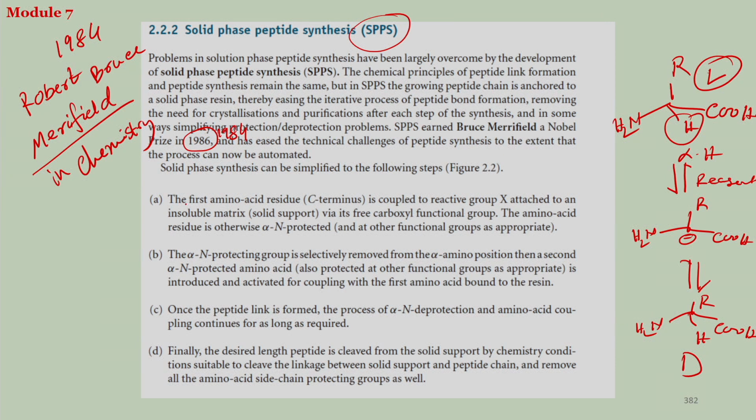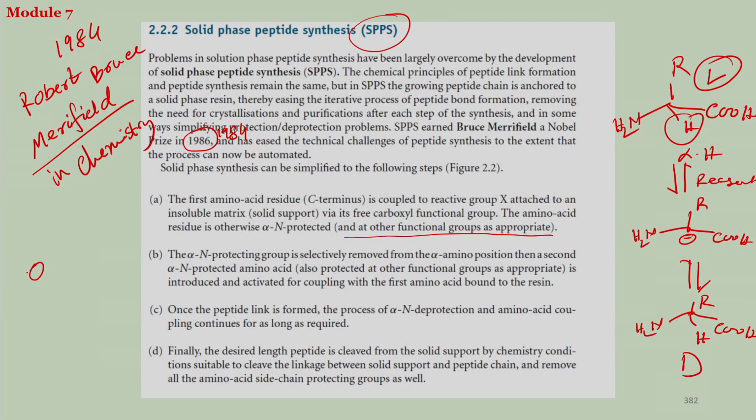Okay. So, the first step of the solid phase synthesis is that the first amino acid residue is coupled to reactive group X attached to an insoluble matrix. I will explain via its free carboxyl functional group. The amino acid residue is otherwise alpha N protected and at other functional groups as appropriate. This means the side chains should be appropriately protected also. That is the first step. It basically says that in the first step,